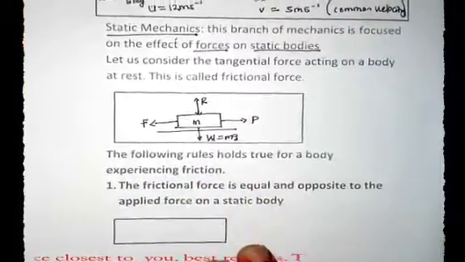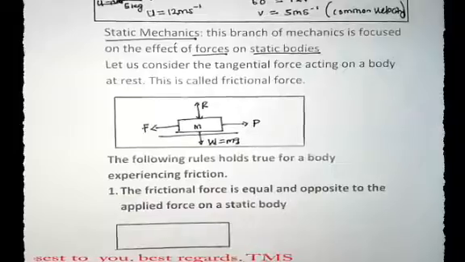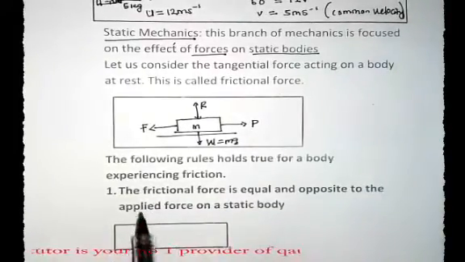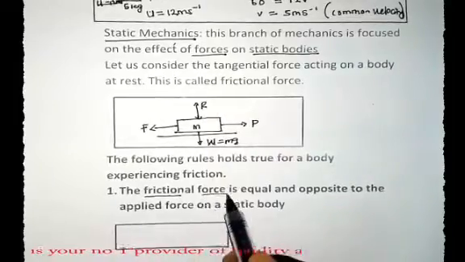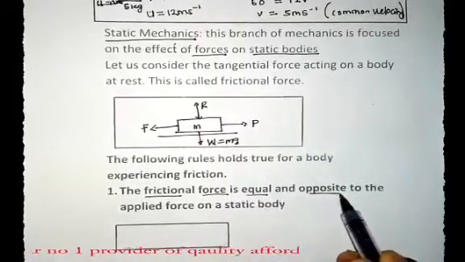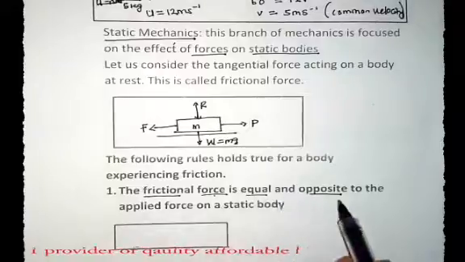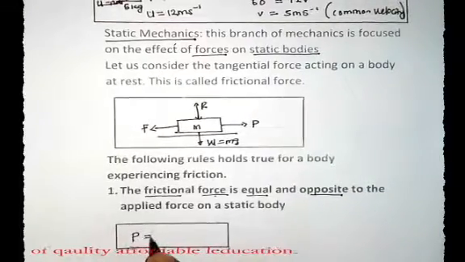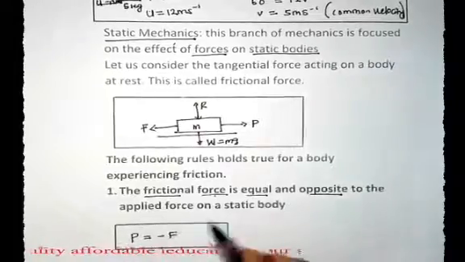Now there are some rules that hold true for friction. One of the rules is that the frictional force is equal and opposite. The frictional force must be equal and opposite to the applied force. What we're simply saying is this P must be equal to minus F. And that is what we should